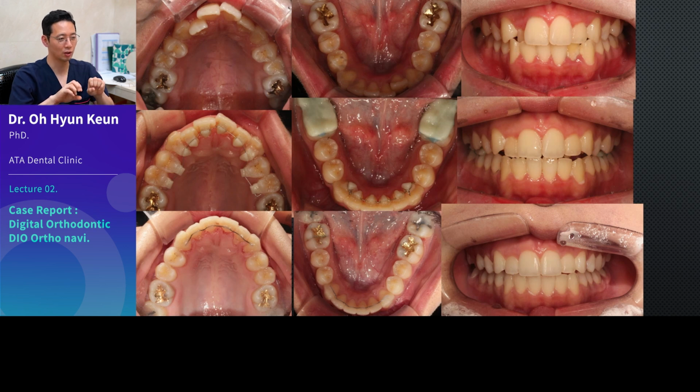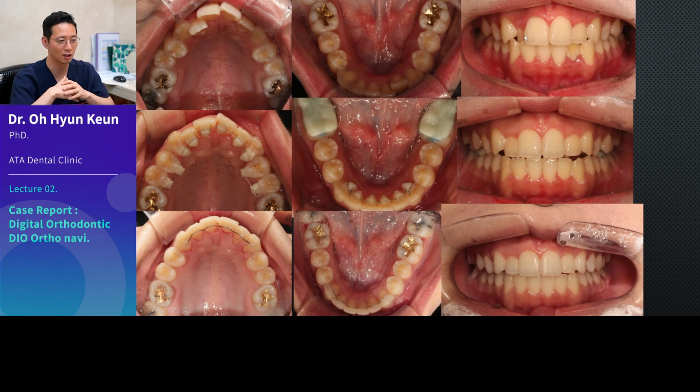To do it, we need to use a very thick wire, either using a torque spring or a wire bending. But in this way, you can get this kind of angle with a thin double wire. It would have been impossible to draw this result working from the buccal side. It was only possible because it was from the lingual side.